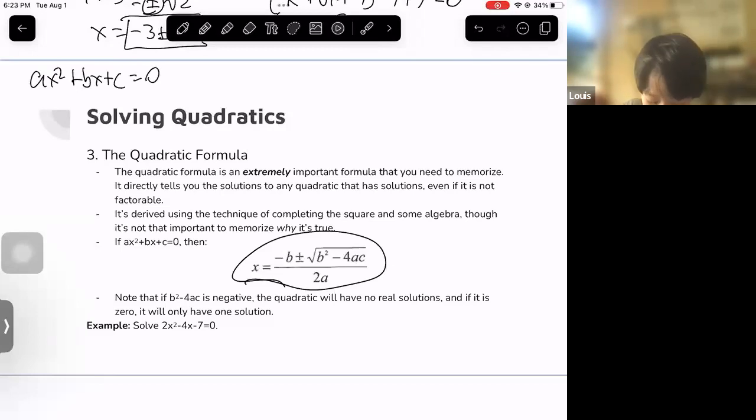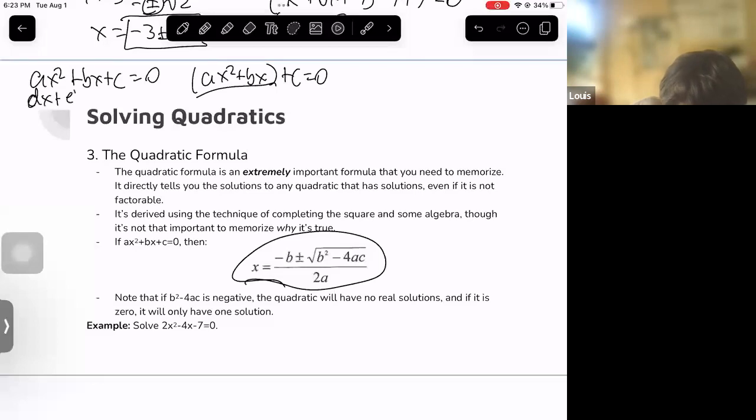If we try to complete the square, we try to add a constant to this expression to make it a perfect square. So for this, suppose that